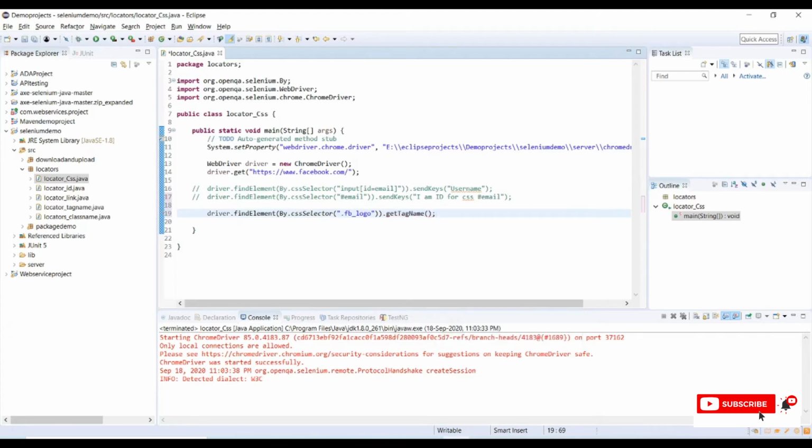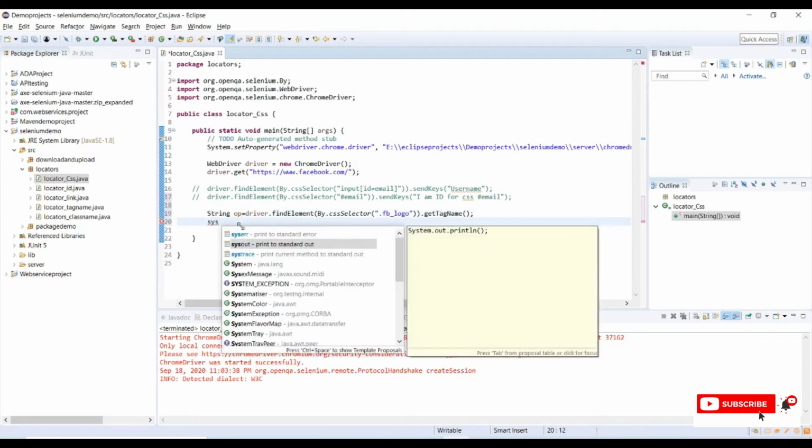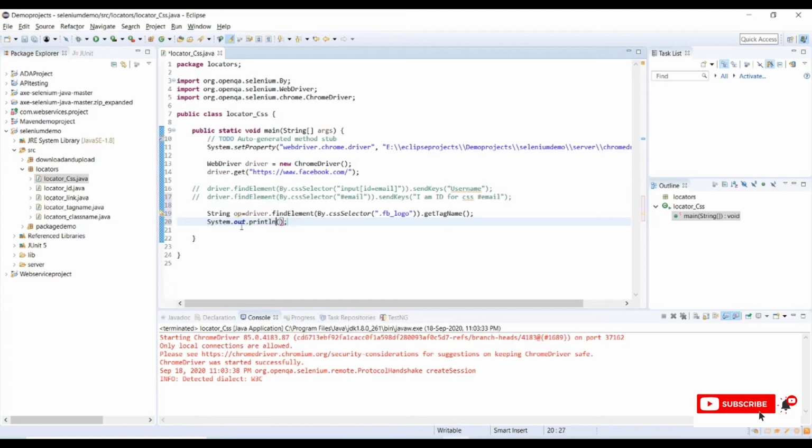I need to store this into a string so that I can print it with System.out. String output equals, and then sysout, and under that we provide op. Let's save and quickly run this again.